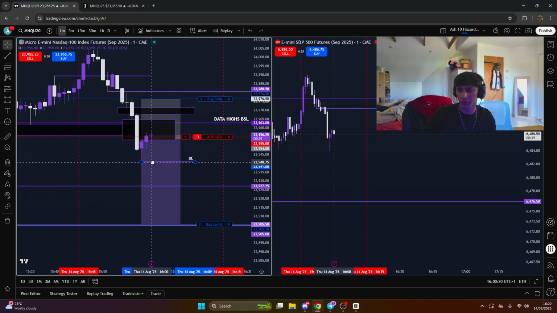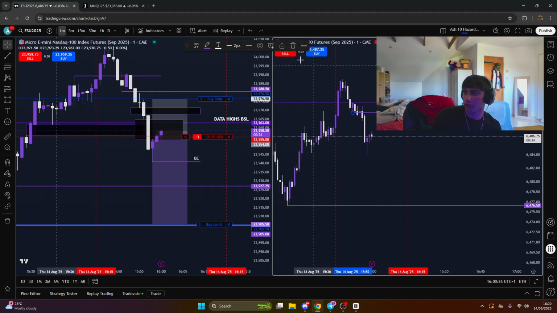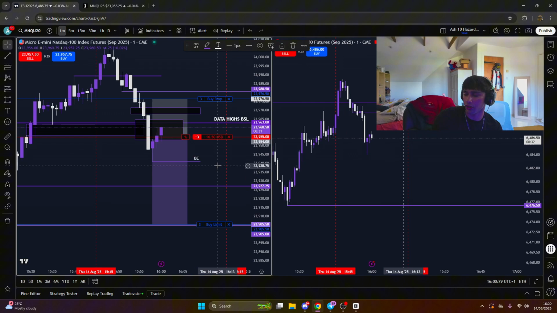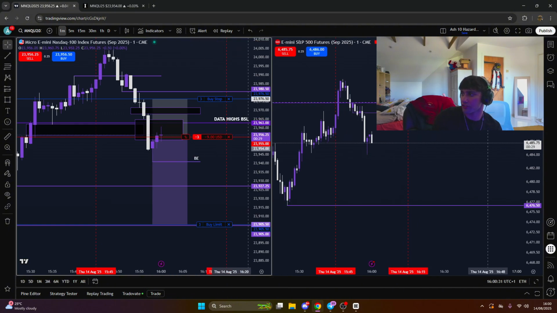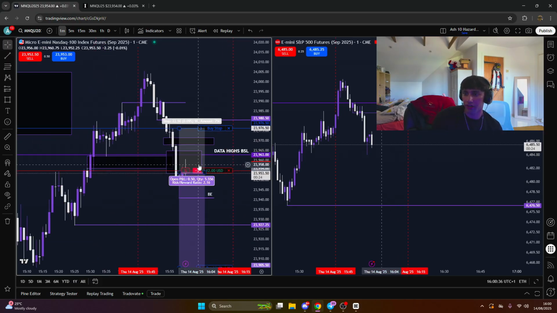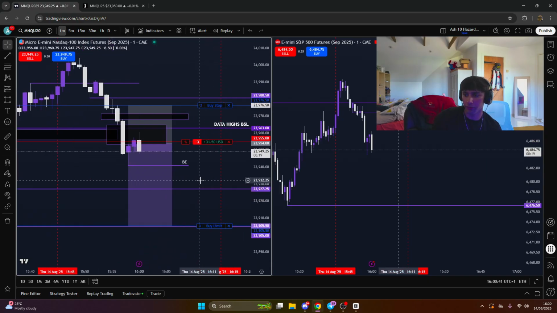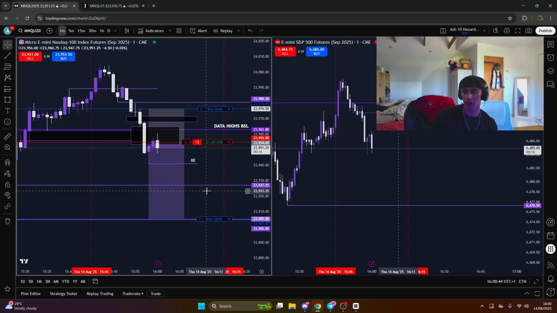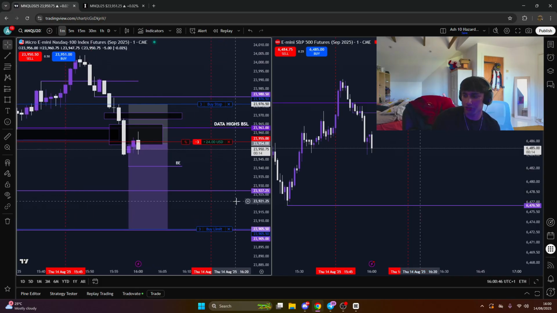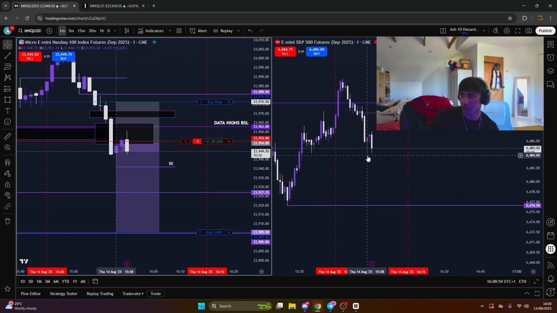So break even will be this first short term low if we reach that point. We've had a displacement on both NQ and ES. We've swept the short term high, we've taken data highs, and we've tapped into that unfilled 30-minute bearish gap that was resting above liquidity. So the overall draw for price, although my daily bias was bullish, once we've taken that opposing objective of liquidity, we should start running lower. And then once ES takes this first short-term low, I'm going to reduce risk ever so slightly.